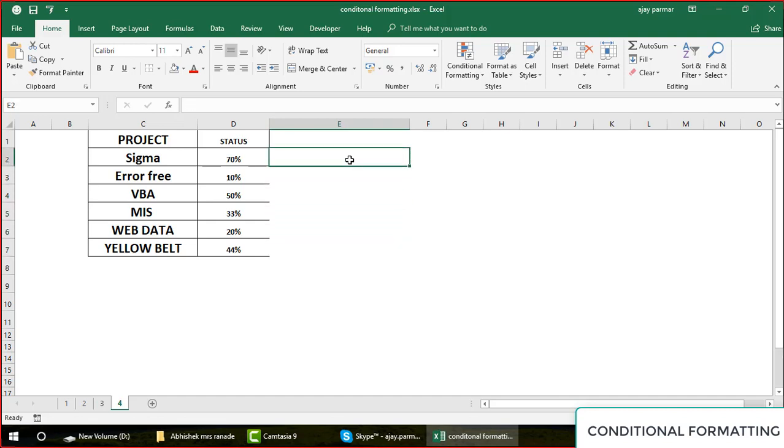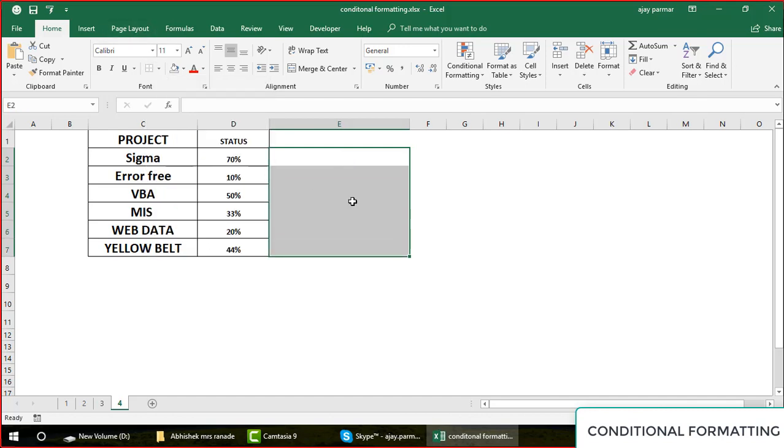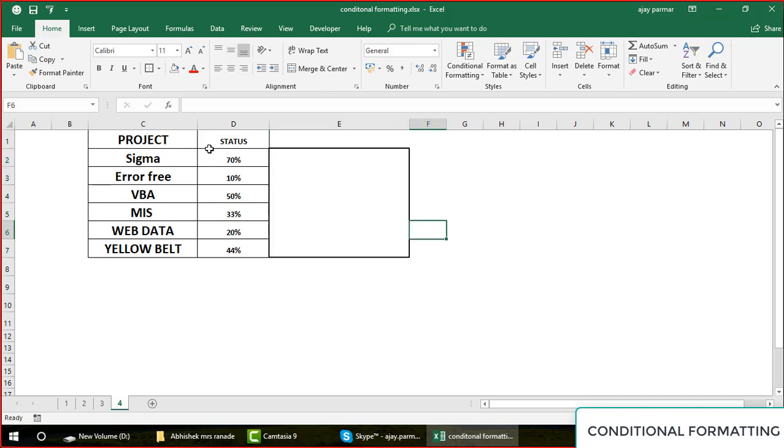Now the first thing which I want to do here is I want to link, I create this thick border. Okay, let's do it this way. Now guys, you see this is my 70%. So if I write here 70%, I will get the graph, right? Now before you ask me why 70% is this much, this is almost like 1%.